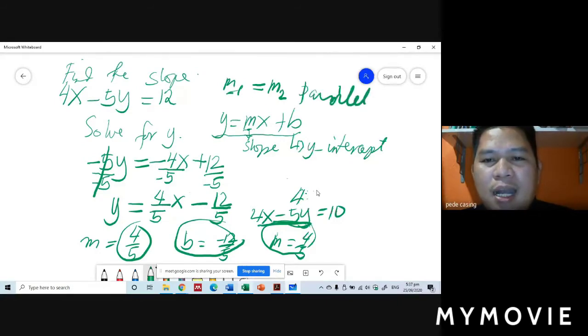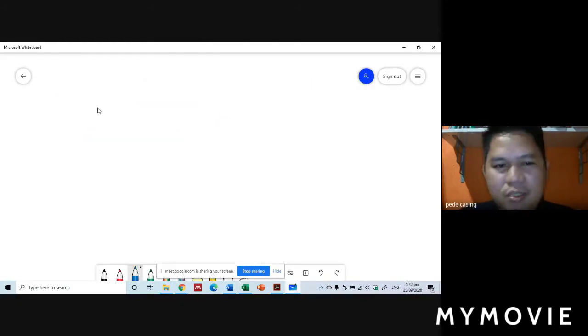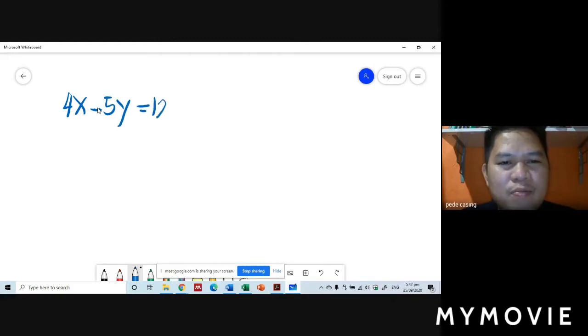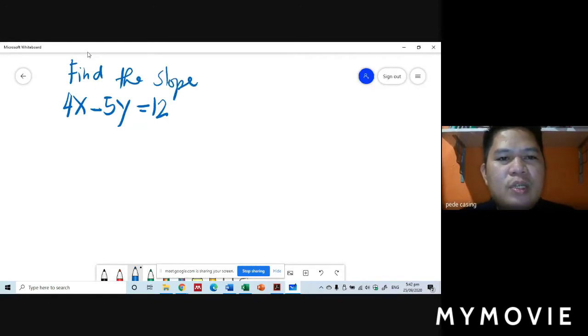Basta ang duha ka slope sa equation equal. Equation is 4x minus 5y equals 12. So we are going to find the slope. So to find the slope, remember that our equation is 4x minus 5y equals 12 is of the form